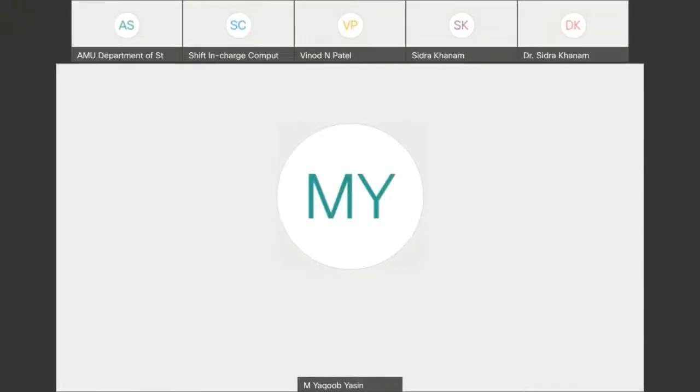Okay. The share option is not available. Hello. Yes, the sharing option is not available. I think the share option is available at the downside. Do you see? Yeah, it is there. It is written that share content, but I could not share anything. Okay, so I'm contacting Mr. Atif. Now it is available. Okay. Thank you.